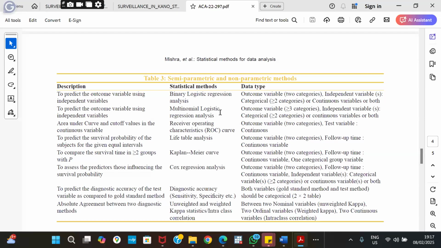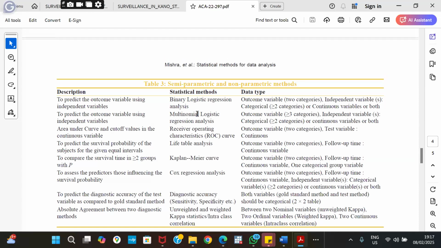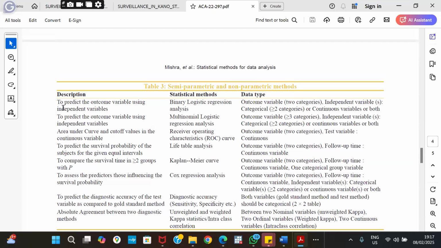Semi-parametric and non-parametric tests. Now, this table 3 says, if you want to predict the outcome variable using independent variables, use a binary logistic regression. The data type is that you have an outcome variable with two categories. The outcome variable, as I rightly said, is your dependent variable. You have two categories. Let's say